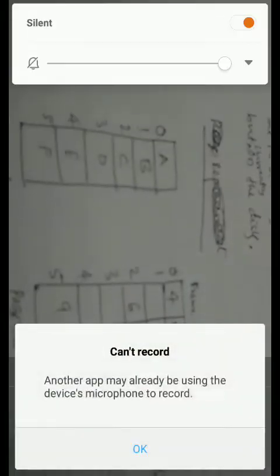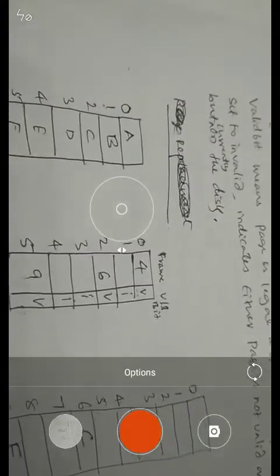Now, consider a situation wherein the required page is set to invalid, and a memory reference is made, but the required page is not available. In the previous case we have seen this. Now, if I recall, you take up the situation wherein this page is set to invalid, but a memory reference is made, and the page is invalid because it is not available. What to do if this particular page is not available?